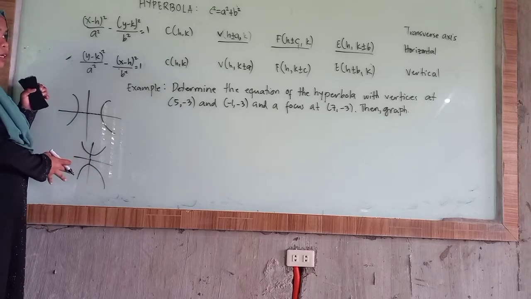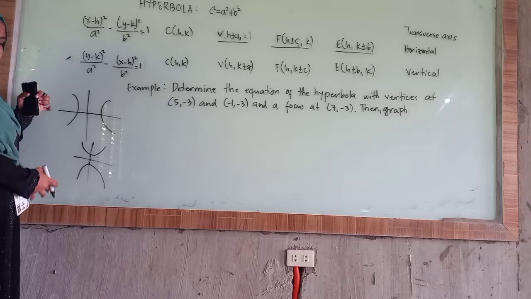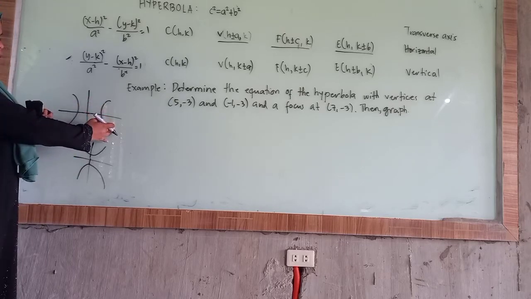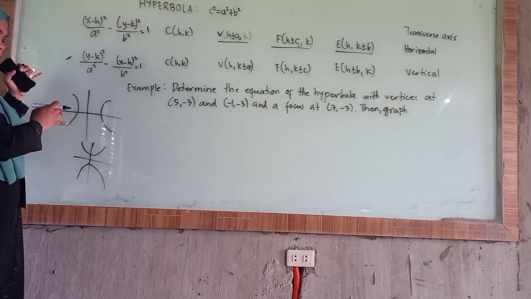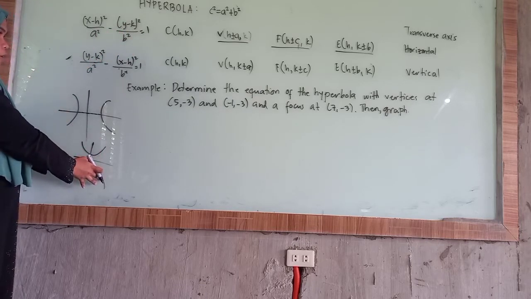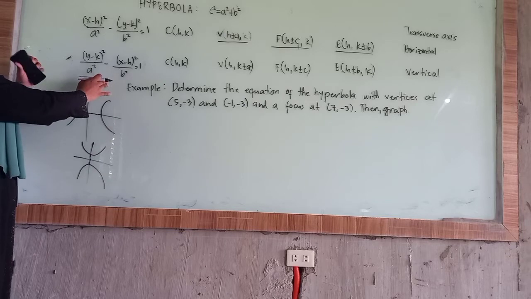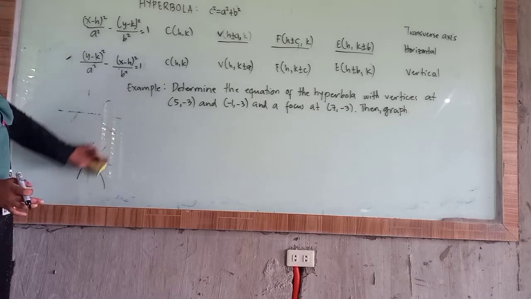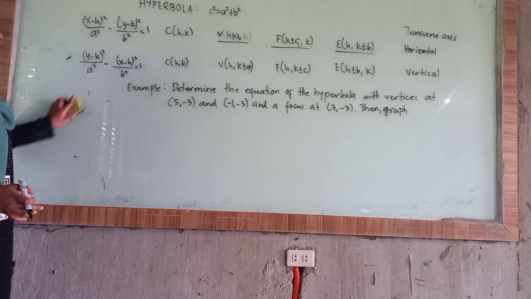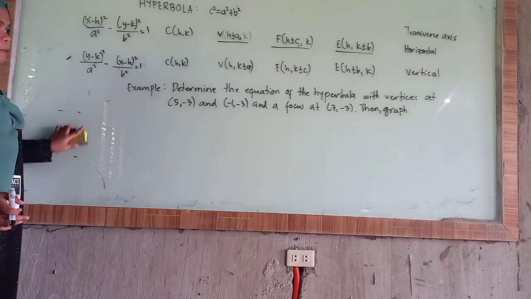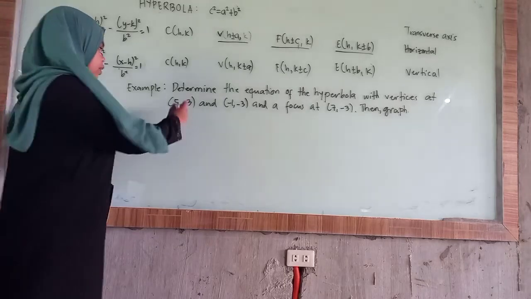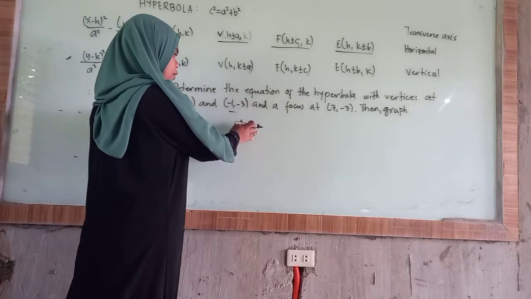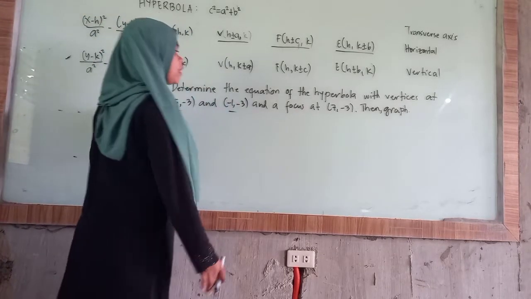So dyan magmamatter kung ano yung gagamitin nyo na equation. Kasi kung ganito yung itsura ng hyperbola nyo, you are going to use the first equation or first formula. Kung ito naman yung itsura ng hyperbola nyo, you are going to use the second equation. So let us try to answer the example. Determine the equation of the hyperbola with vertices at 5, -3 and -1, -3 in a focus at 7, -3